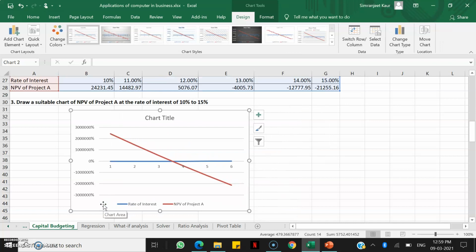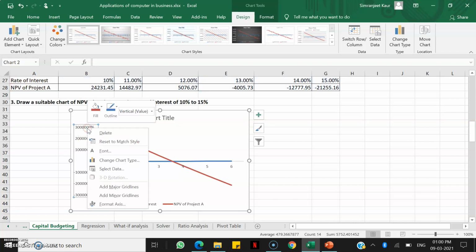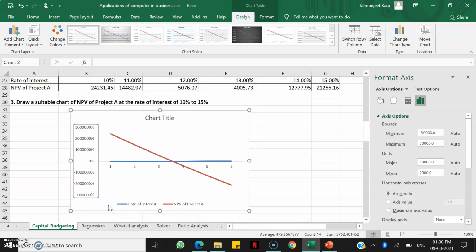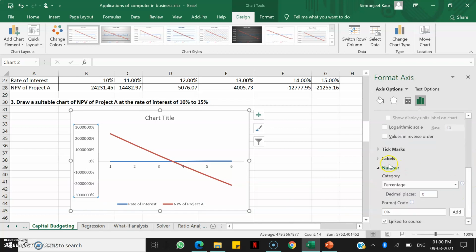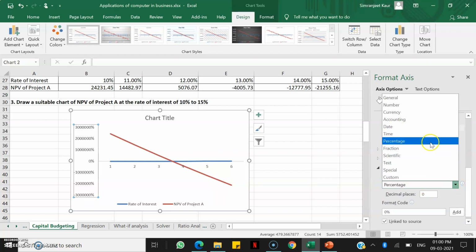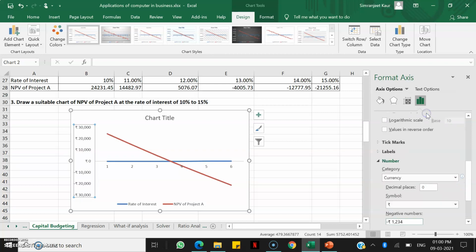Yeah. So now we can beautify the chart, make it clean. Let's delete these grid lines. I'll press delete. And you see, because I had not specified here whether it is a currency or a percentage, this is given to me as percentage, right? So I'll right click, go to format axis, and then I'll go to my number here, right? So in number, I'll specify that my category is currency and not percentage. So you see this has been changed now, and decimal places are fixed to 0.